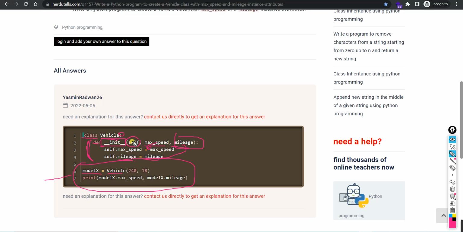I told you self doesn't mean anything here. It's not a parameter, so you cannot call it in the call. Just put the values of max speed and mileage, and then call the vehicle constructor. So this is a call of the initiation function by the name of the class. After calling it, the return value of a constructor is always an instance of the class. The instance of the class will be put in model X